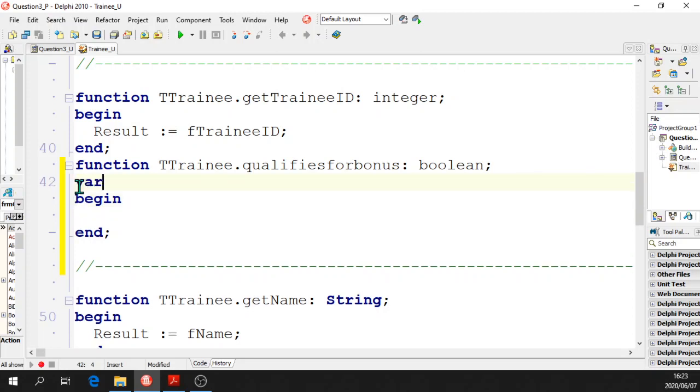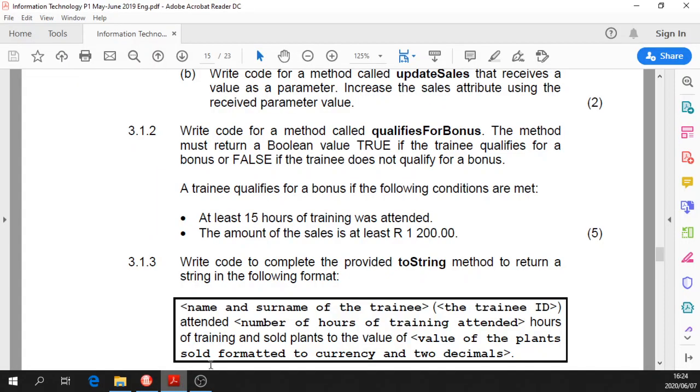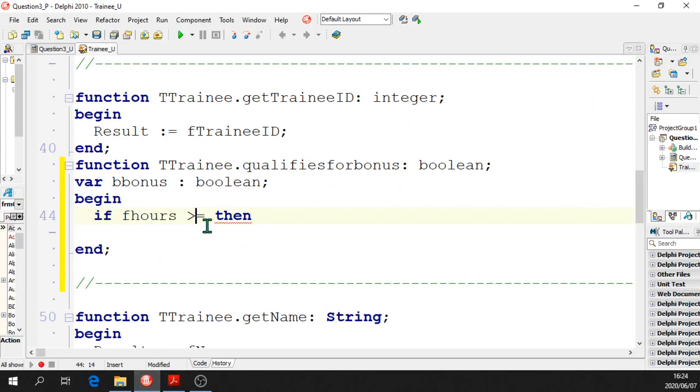well, you can make a Boolean variable here, bBonus, and do your calculation, then send the value of this Boolean variable here as a result. You're going to say if hours is greater than or equal to 15